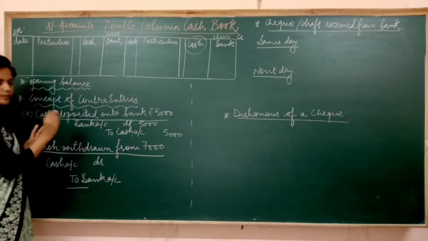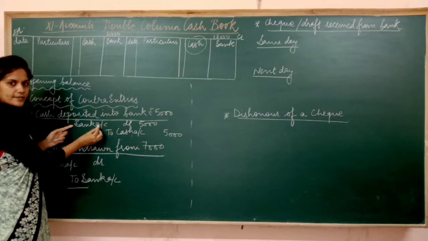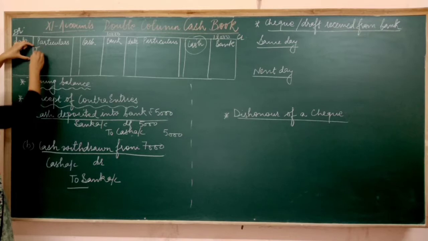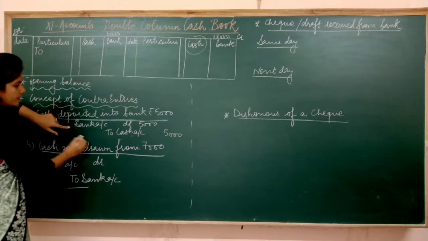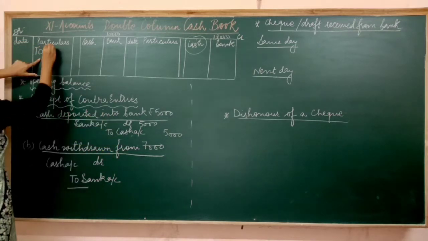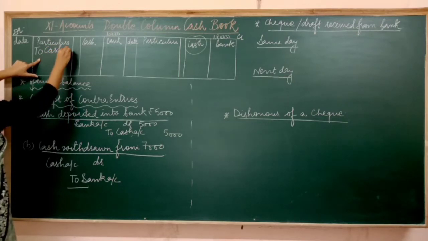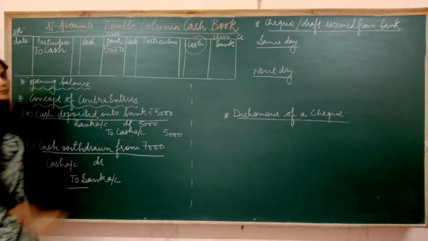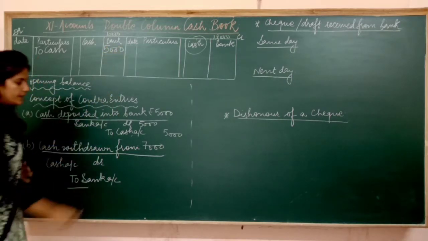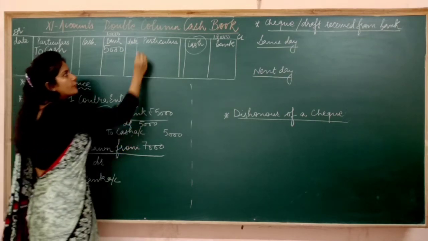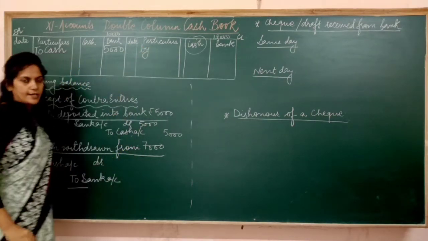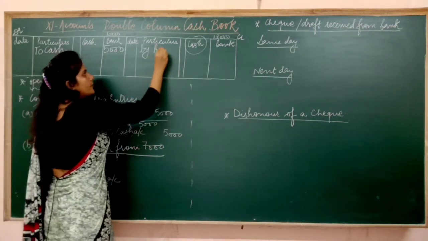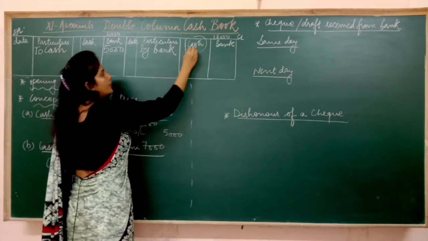Now first of all, check the debit side. Debit side, bank is debited. This column is debited. So we will write here to. Bank is debited because of cash. So I will write cash but in bank column because bank account is debited. In the same entry, cash is credited. So entry will write on the credit side, but cash is credited because of bank. So I'll write here by bank amount in cash.